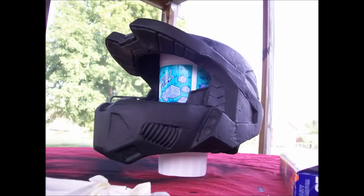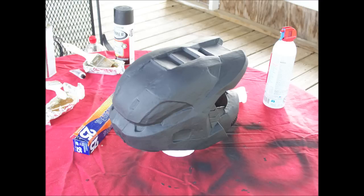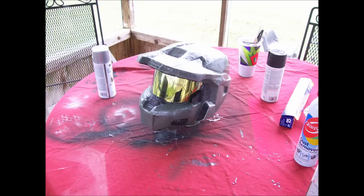To me, some pieces work better if you put fiberglass cloth on the inside of the armor and then resin the outside. Other pieces, it's vice versa. It's just trial and error. And I'll go on and also say this: do not fiberglass the outside of